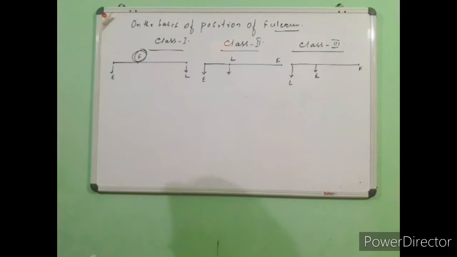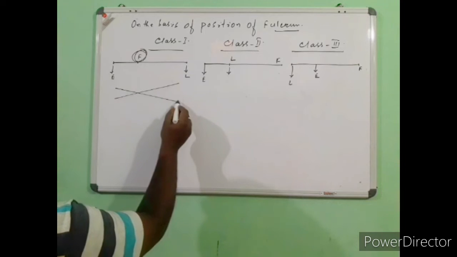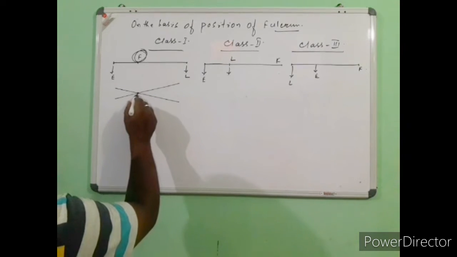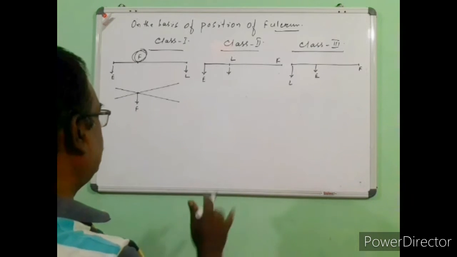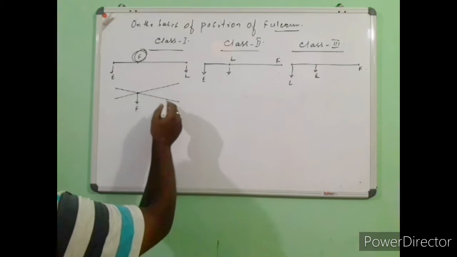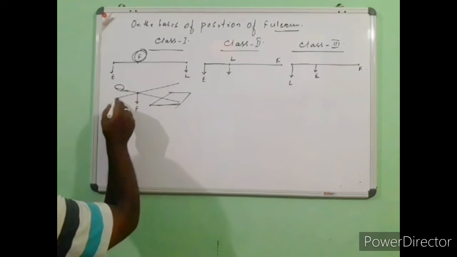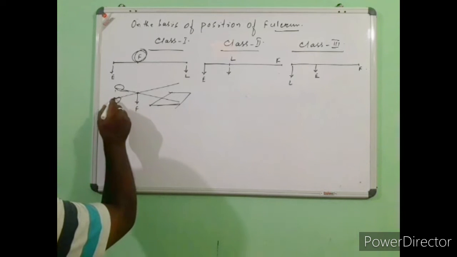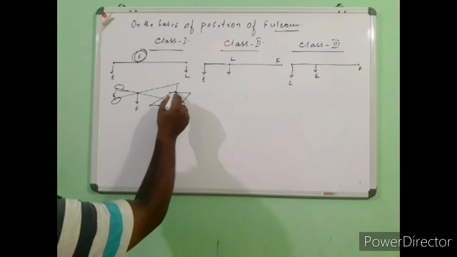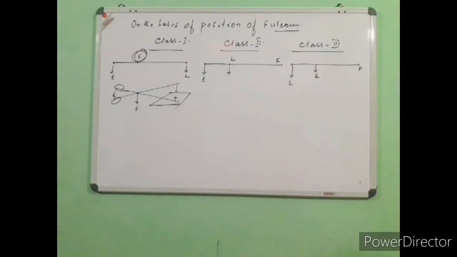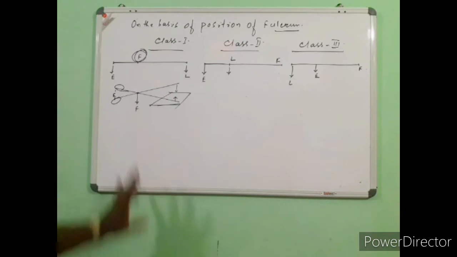Now in case of class 1, take a simple example like the scissor, where we can say that this is your fulcrum point, because around it the body can rotate. Now if these are the blades and this is your load, these two are your handles where the effort has to be applied. So this is your effort, this is your load, and the fulcrum lies between load and effort. Therefore this can be categorized as a class 1 lever.